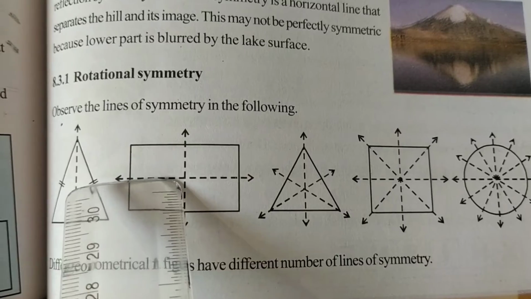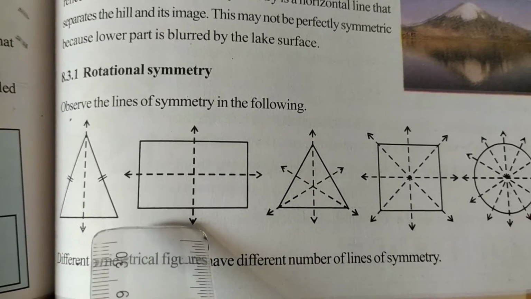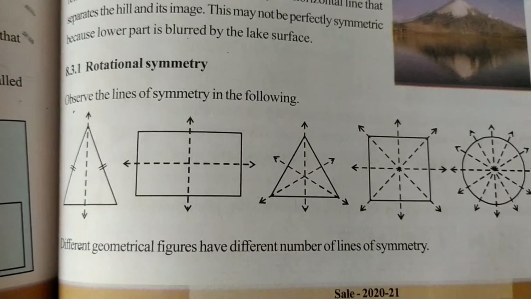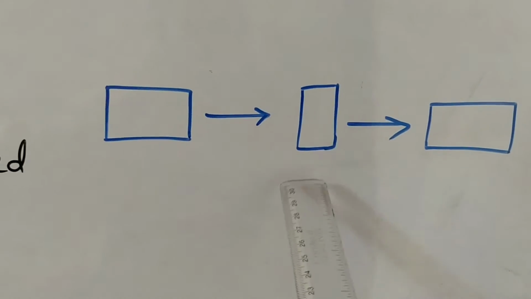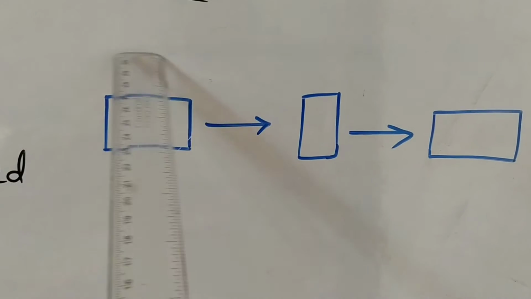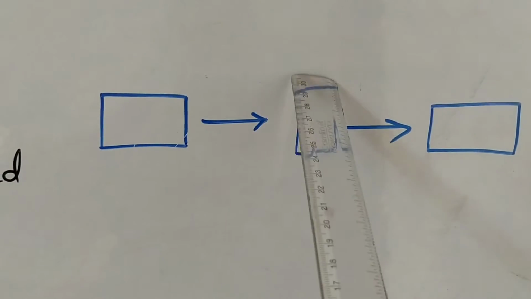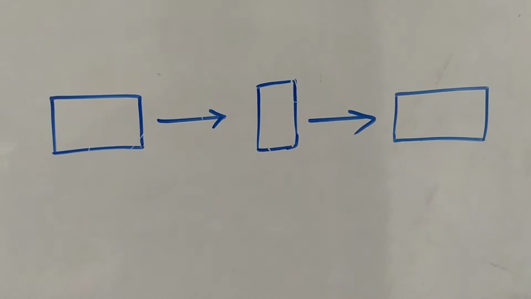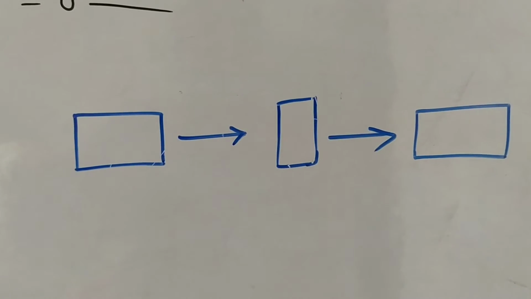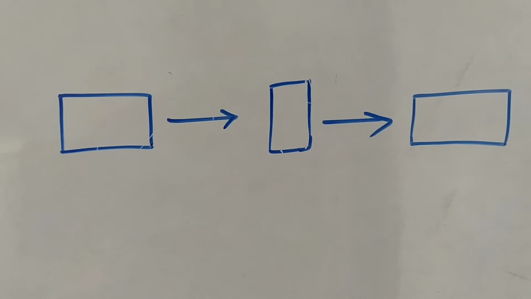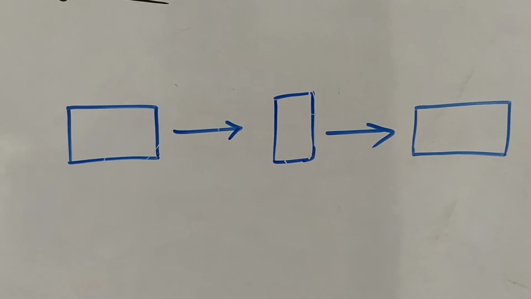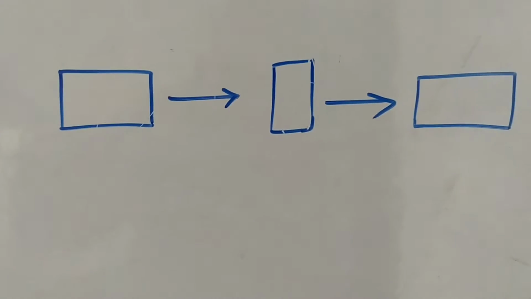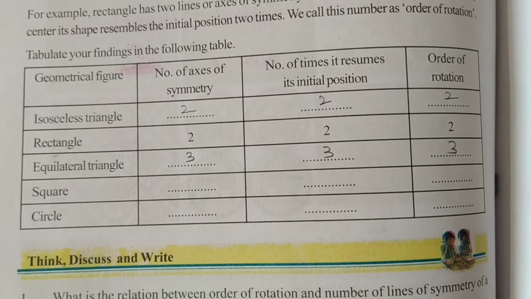So this is the rotation of a rectangle. Two rotations are there. If you rotate the rectangle, then you will get it like this. First you will get this shape from the rectangle to a vertical shape, and then if you rotate this again you will get the horizontal shape, students. So the first figure and the third figure resemble each other, hence this is the rotation of the rectangle, that is, two rotations are there. After two rotations, you will get the same rectangle.